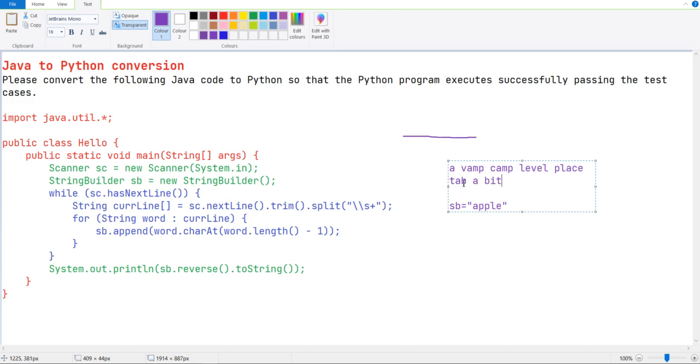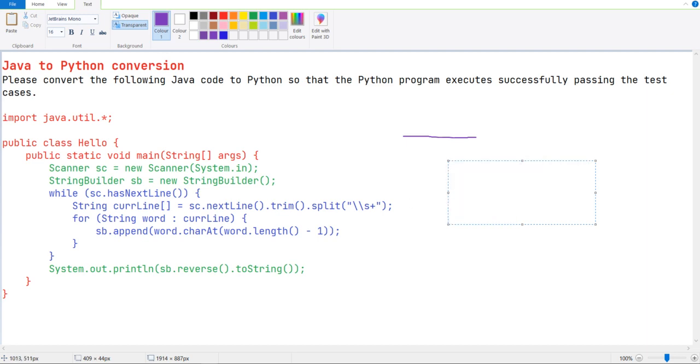So it will be B from tab, A from a, and T from bit. So we got bat, right? Finally they are printing all those values in reverse order, so the output will be TABELPPA. Table pa. That's it.